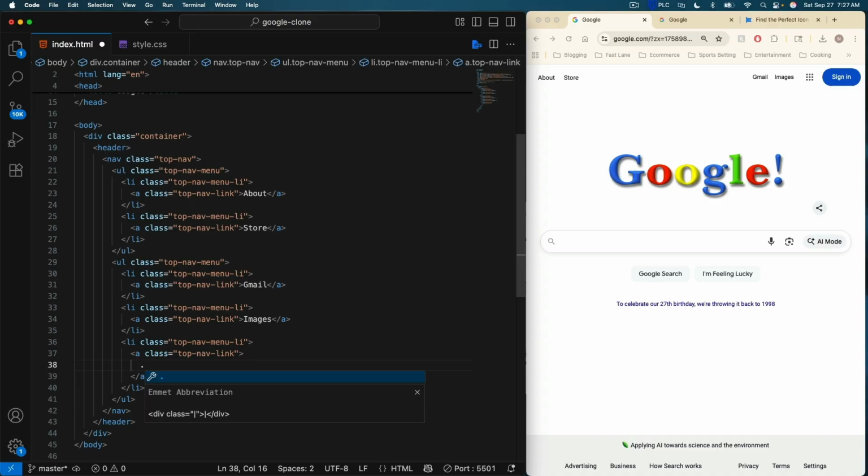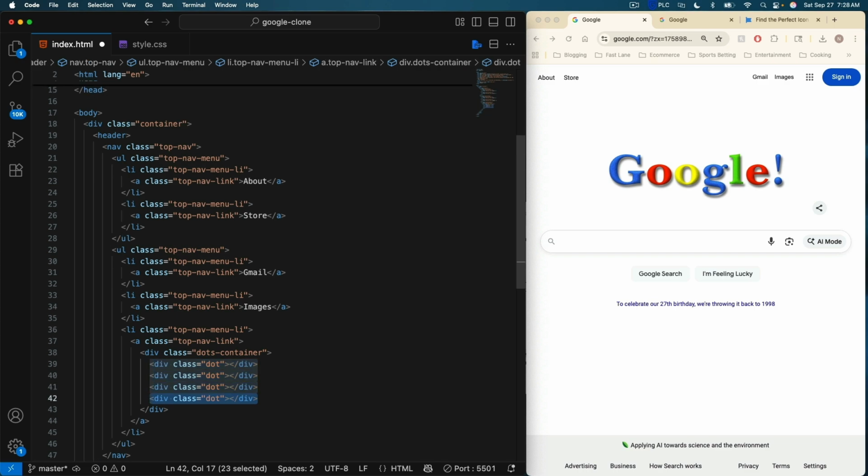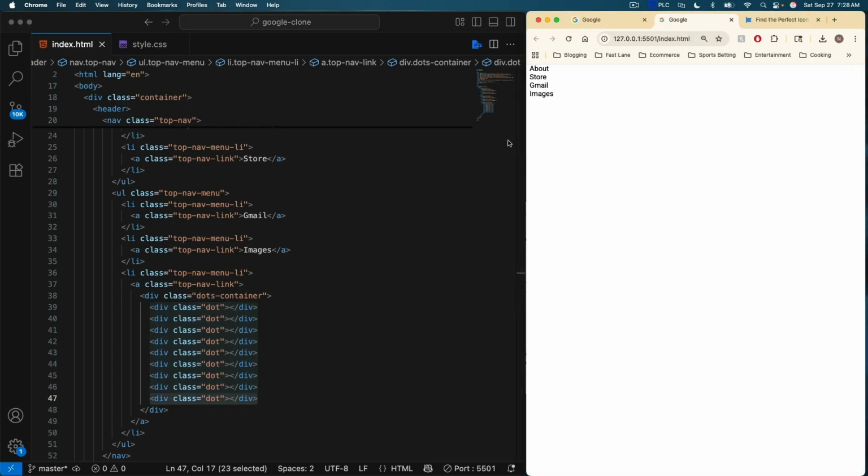We're going to say dots container. And then we're going to need, let's see, 1, 2, 3. So 3, 6, 9 little dot looking things here. So we're going to make 9 dot divs. So check this out. We're going to say dot. We're going to have a div with the class of dot. We're going to have 9 of them. So let's do 8 more. So I'm just going to copy this down. 1, 2, 3, 4, 5, 6, 7, 8. Save. Okay, now nothing's going to show up yet because we have to style them,